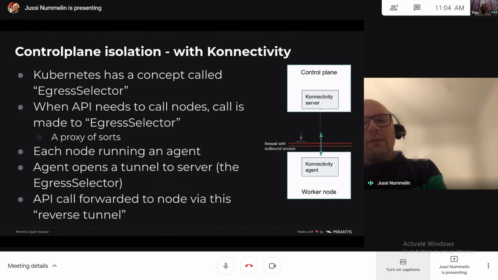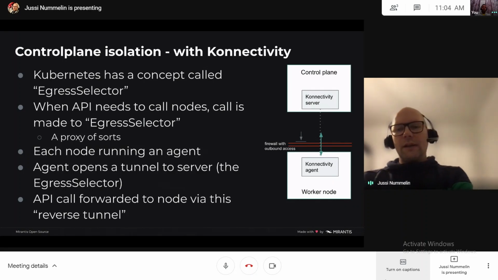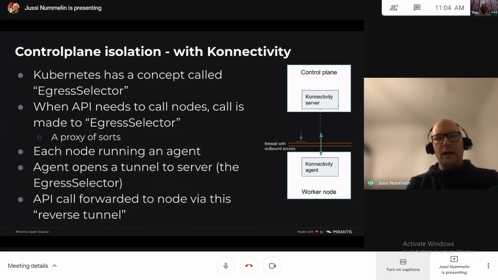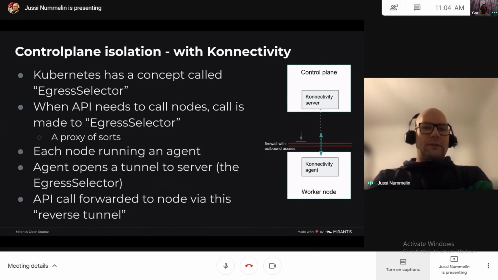If you configure your control plane components, mainly the API server, to use this egress selector concept, it tells the Kubernetes API that whenever you need to call something outside, from the API perspective, the call is actually made to this egress selector.